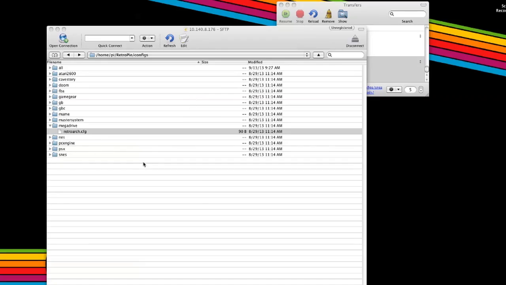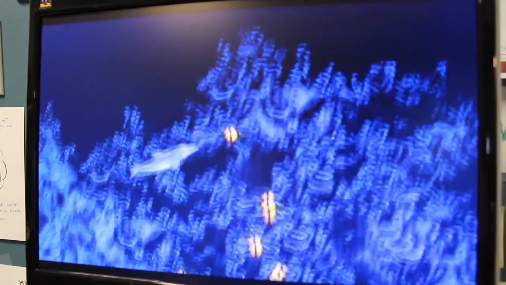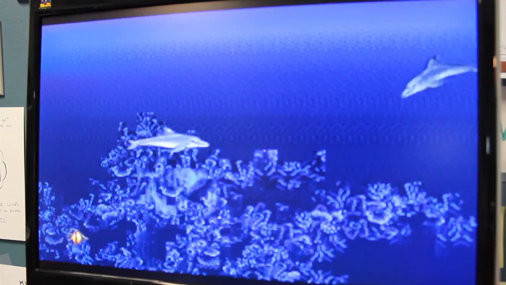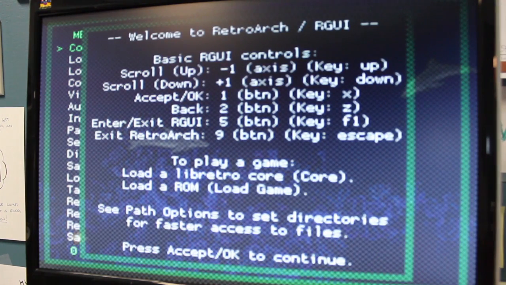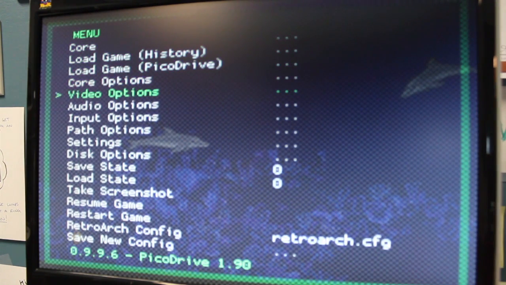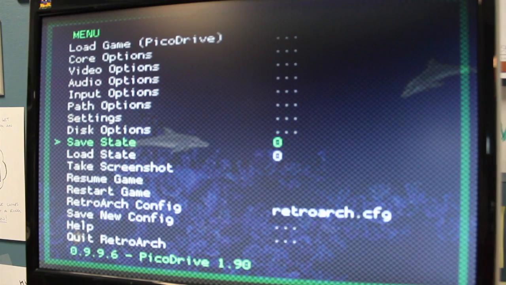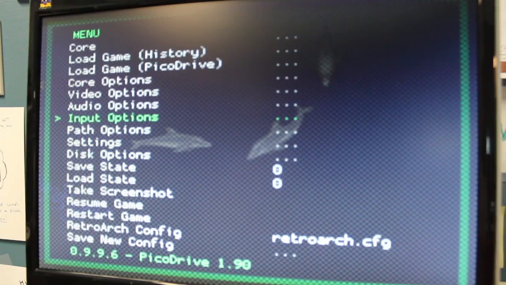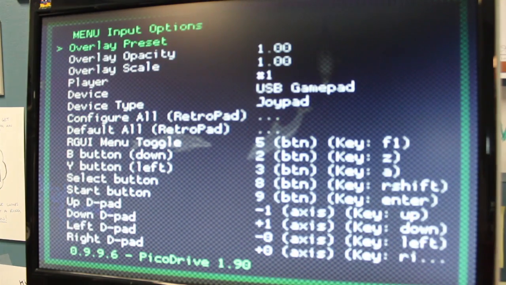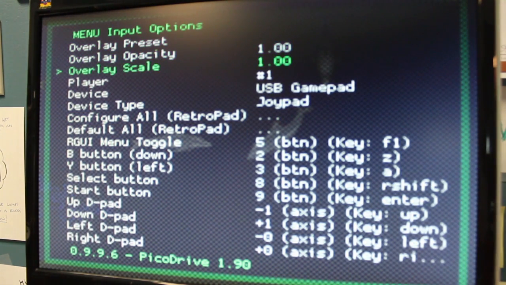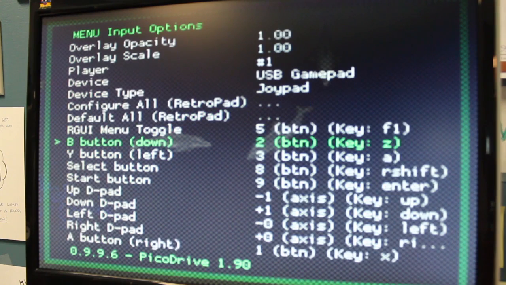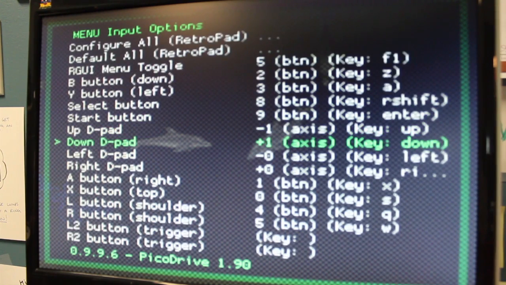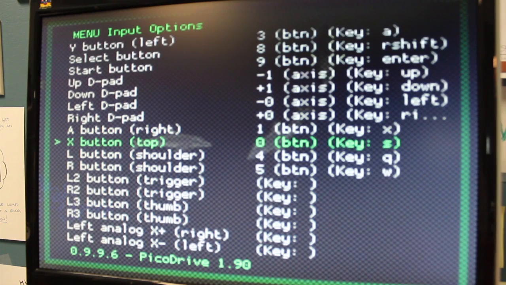And what these hotkeys are going to allow you to do is get into the menu system for each emulator that you're in, and you can adjust the settings accordingly if you like, and you'll be able to access save states, and you can load states, which is pretty awesome. You can also edit the config files from inside the emulator on the fly if you aren't satisfied with what you have. Basically, that's all you really need to do to get set up and start playing emulators on your